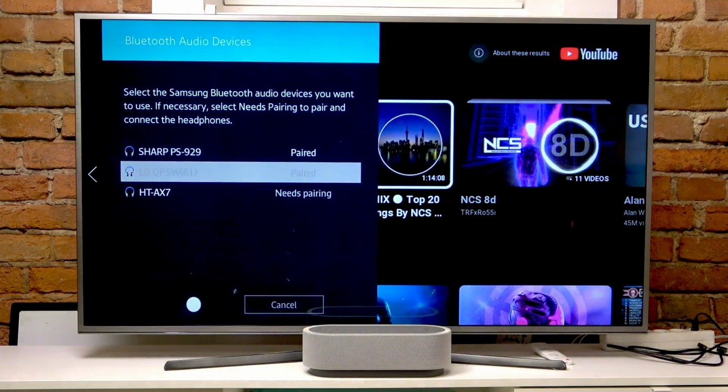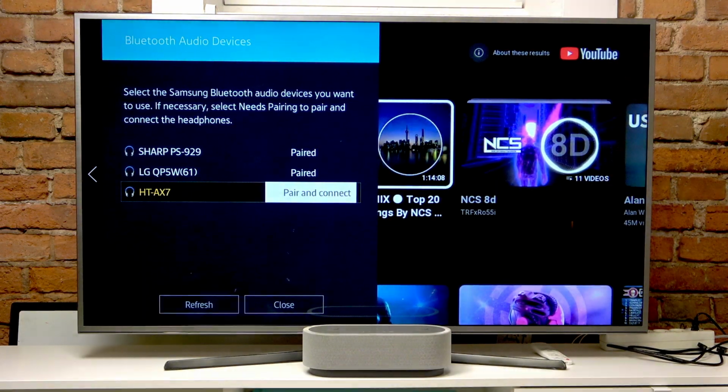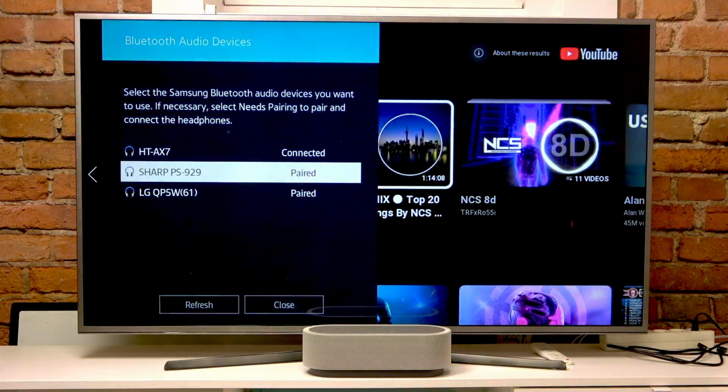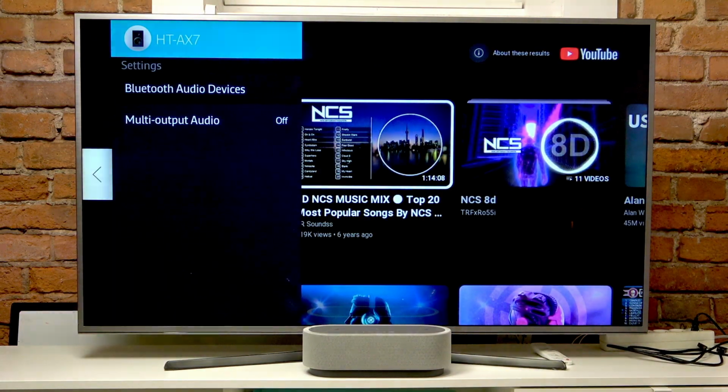But as I can see, here we do have HT-AX7. We have to click on our speaker on the list and click pair and connect. Now it may take some time, but now as you can see we are connected. As you can see, here we do have